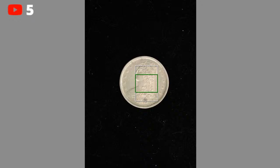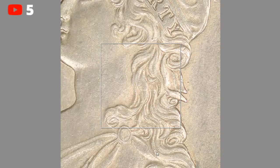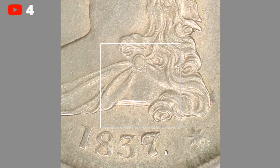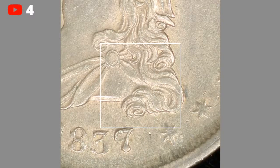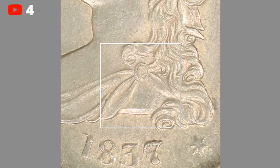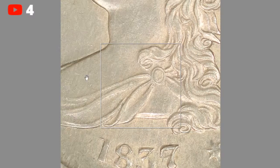It's actually quite a nice coin. A lot of the detail is left on this one. Zoom in a bit. Here's a really good version of the clasp, just to show you it's got the outer ring and then the inner ring, and you want to be able to see all of that to know you've got a really good strike. Even on the later dates, you can see the stars tend to always have some sort of an issue. Beautiful, perfect stars are kind of a rarity. It doesn't make it a rare coin, but just to have them makes them rare, where the stars are actually quite